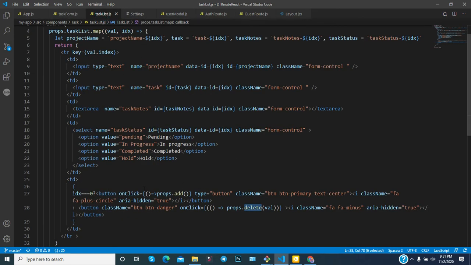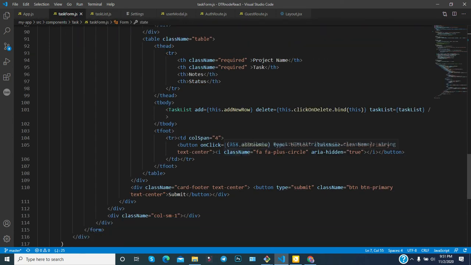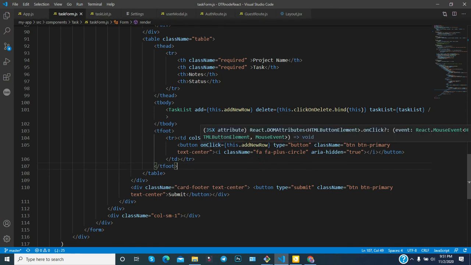Based on the condition, we are calling this method, and this is nothing but one method, and that particular method is written in this page. So now you have passed something from child to parent. In this particular video you have also understood how you can pass data from the parent component to the child component very easily through the props. It is very easy. Now if you want to pass anything from the child to the parent, you can do it in this way as well.